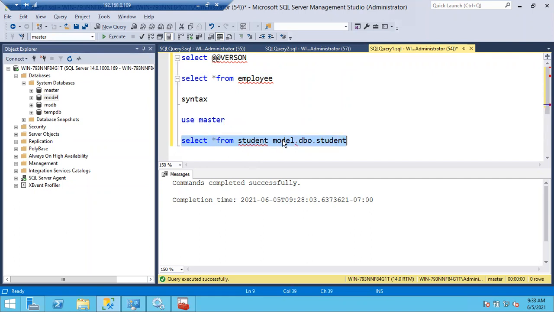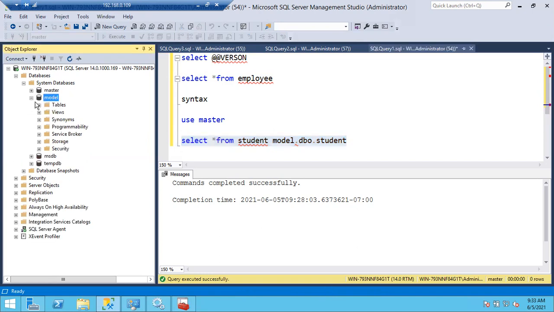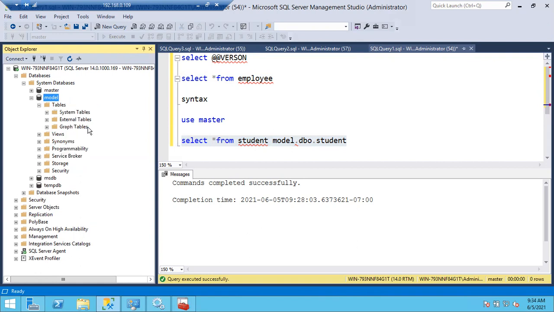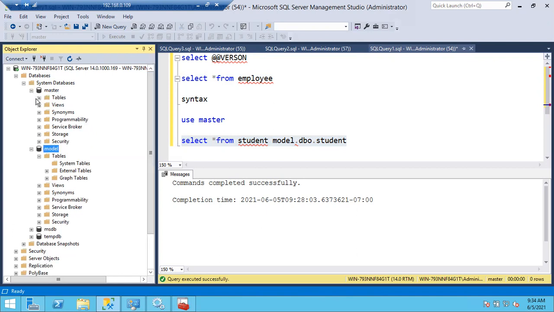Excuse me, how do you get to know about schema here, like schema dbo? I'll tell you. If you go to the databases, usually you will have schemas. Most of the schemas you will have a default schema. dbo is the default schema. So in front of the table name, you will have the schema name. I guess there are no tables in the model database. Let me go with the master.